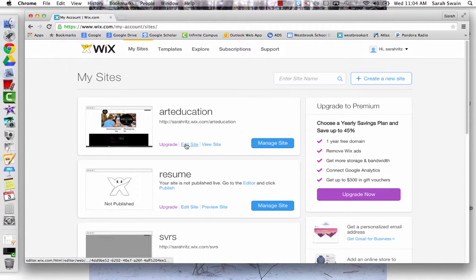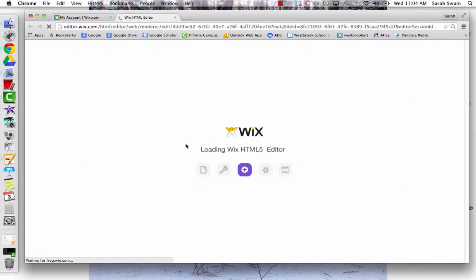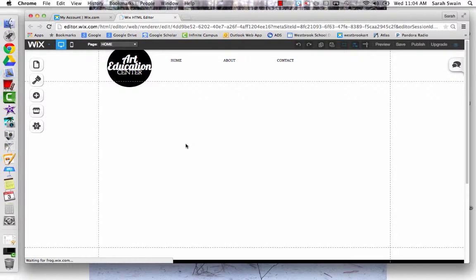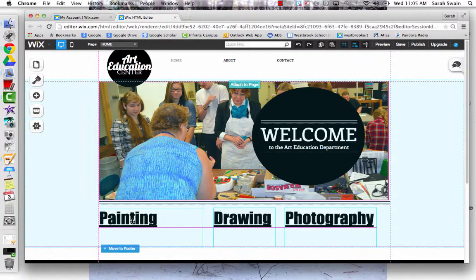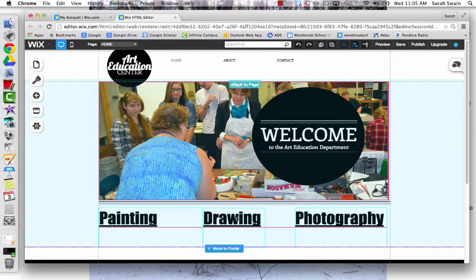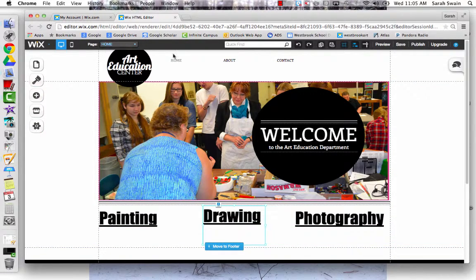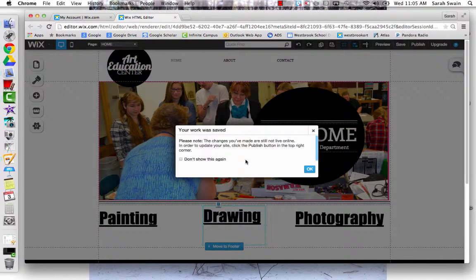At any time, you can go in and edit your site even after it's been published. Just click on Edit Site. Your HTML editor will load the same as it always has. And all you have to remember to do, so I'm just going to make some quick edits, decide that I want this to look like this, save,